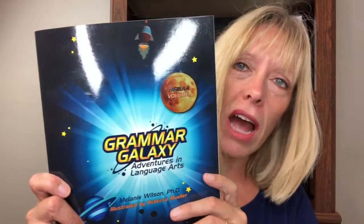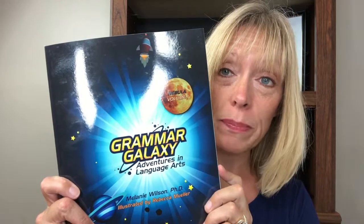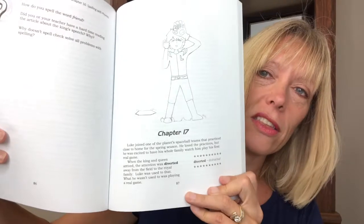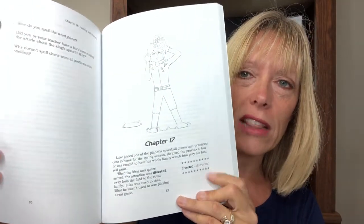Do you teach your child language arts using Grammar Galaxy? It's simple. First, you will want to read or have your child read a story in the Adventures in Language Arts book. This is Nebula, the first level, but it works the same with each of the levels depending on your child's reading ability. So first, read the story, and as you are reading, go ahead and define the vocabulary